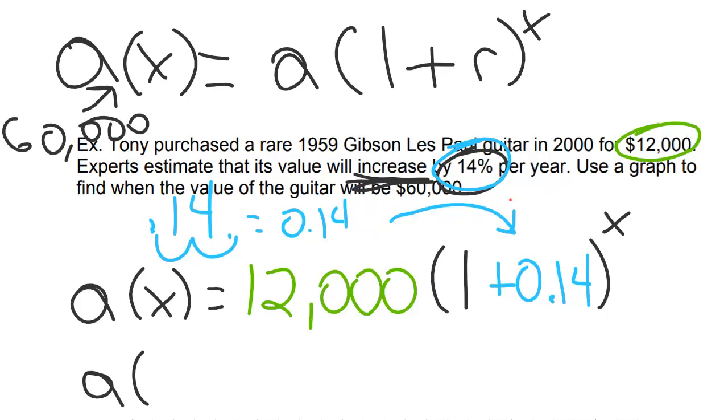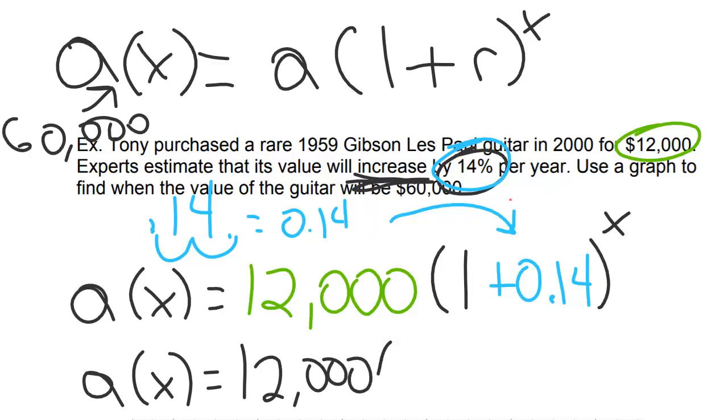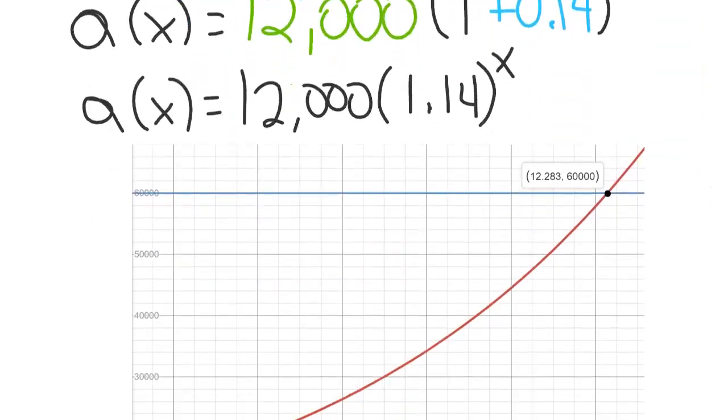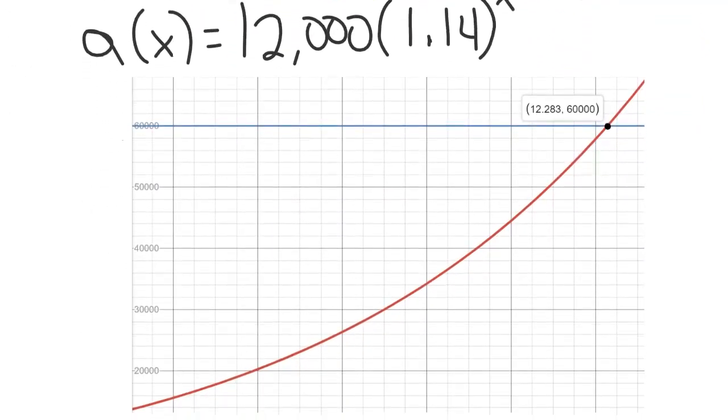So this is what our function would look like. It would be a of x is equal to 12,000 and then I've got 1.14 because I have a 14% increase, and my variable goes up in my exponent. Now, we're trying to figure out when it's worth $60,000. The best way to do this for us right now is to just graph it. So I already have it graphed. If we look at a snapshot of what this graph looks like in Desmos,